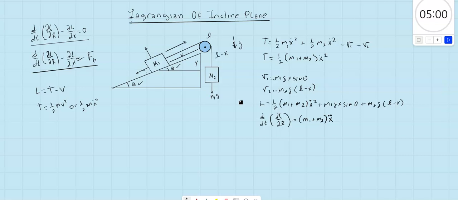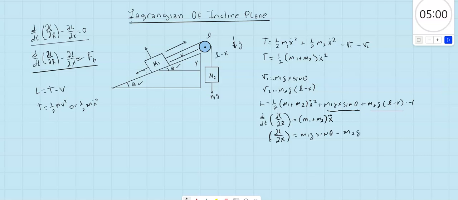Now we can find the partial of the Lagrangian with respect to x. We only have an x here and an x here. So this x is gone, and I will stay with m1 g sine theta, plus, since this x will go, but due to the chain rule we stay with times minus 1,